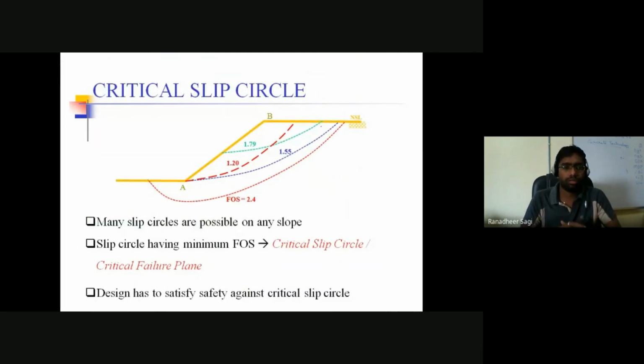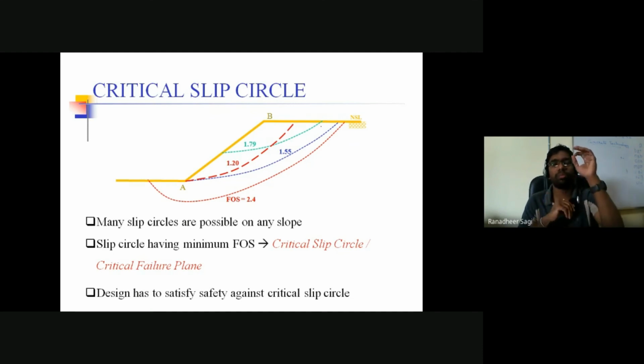Okay, so how do we identify what is called your critical slip surface? In the earlier class also I have talked about it. What is meant by critical slip surface? It is going to be the failure surface. If at all failure is happening in that particular slope, failure would surely happen along that particular failure surface only. So how do we identify that critical slip surface? It is nothing but a trial and error process, whatever we have talked about earlier.